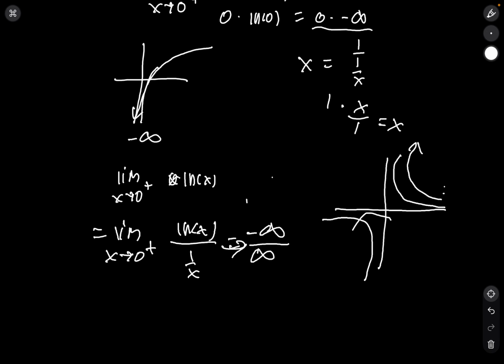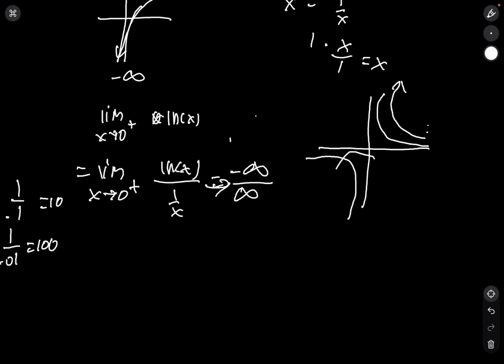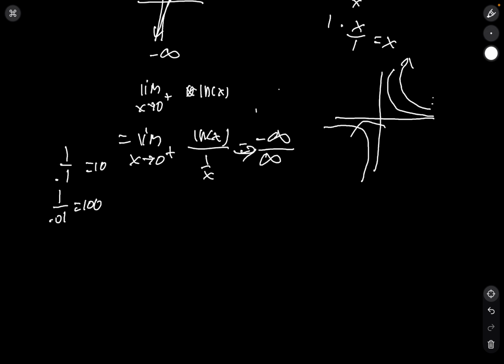But it also makes sense because let's say you had 1 over 0.1, which is equal to 10, and then 1 over 0.01, which is equal to 100. Whenever a constant is divided by a really, really small number, really approaching 0, it's always going to be infinity. So essentially, now that we have one of the indeterminate forms, we can use L'Hopital's